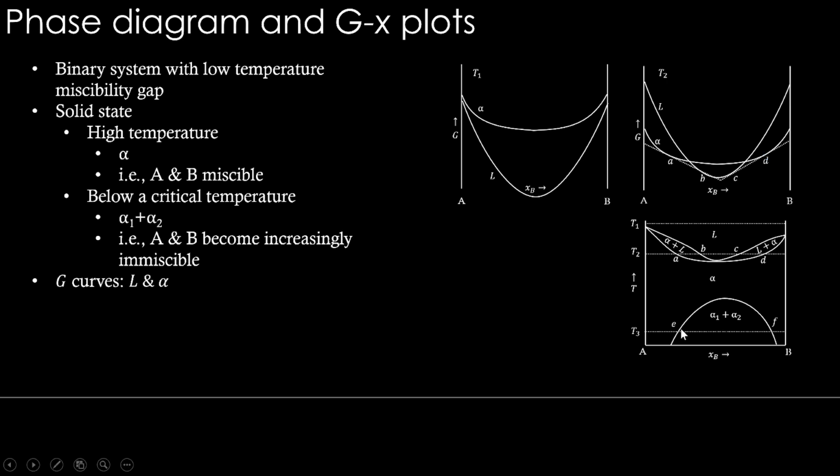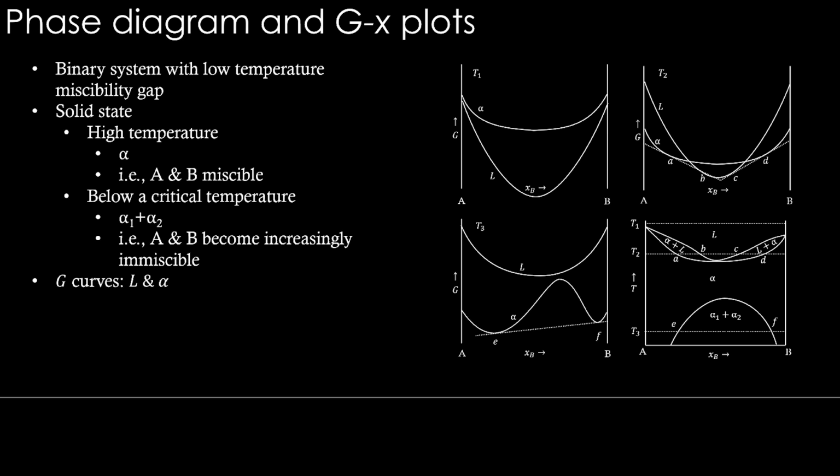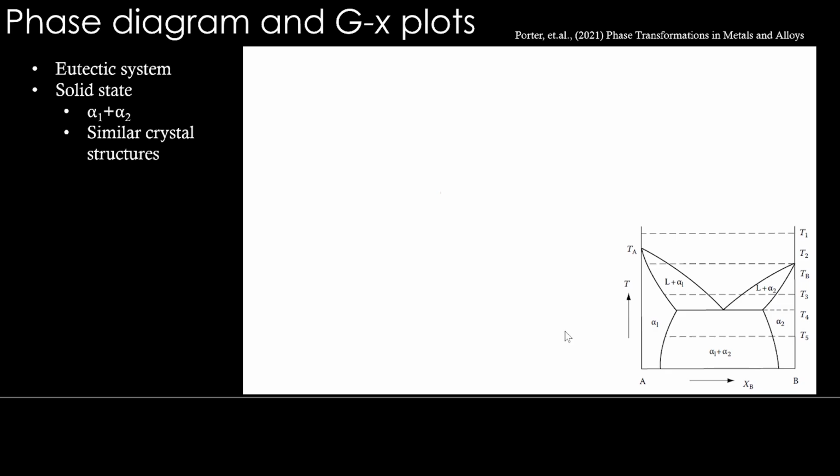Now at temperature T3, the E and F points should come, and since we know these two points should have the same crystal structure, we have to have one crystal structure, one Gibbs energy curve in which two points should be touched by a tangent, giving this tie line EF, right? So this is how you get these E and F points from a curve which has some miscibility gap. So this change in curvature is an indicator that there is a miscibility gap, and the two elements would try to separate out rather than being a single phase, right?